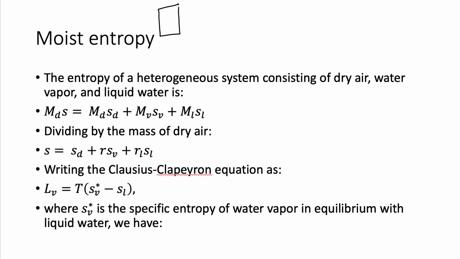So, you have this box, liquid water, and you have a humid gas above here. The total entropy of this system will be the total entropy of the dry air plus the total entropy of the water vapor plus the entropy of the liquid water, which written in terms of